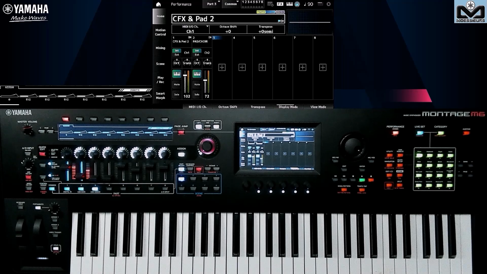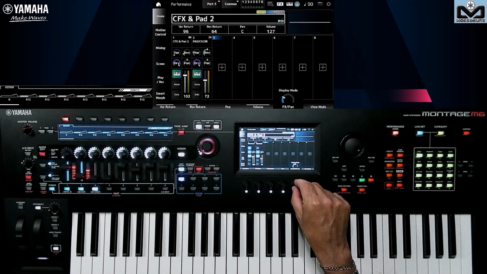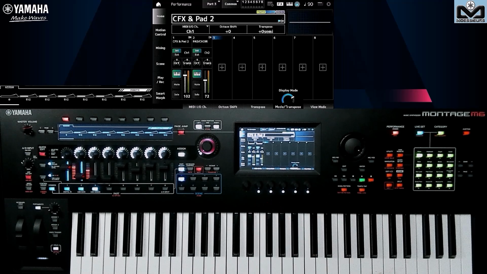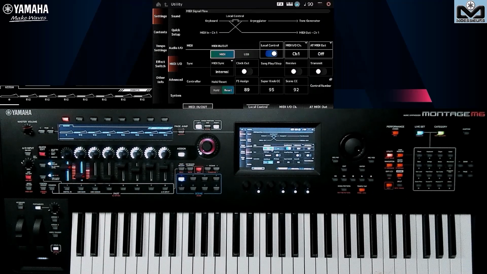So far, so simple. But when you start taking this view in display mode, this one, and you see MIDI channels. Part 1, MIDI channel 1, Part 2, MIDI channel 2, if I take another one, MIDI channel 3, yes, but then this is where it changes on the Montage M. If I go to Utility, MIDI I/O, for the moment I'm on MIDI, you'll see why later.